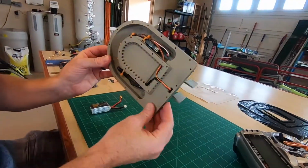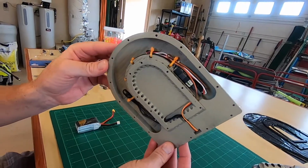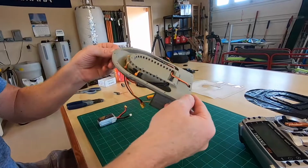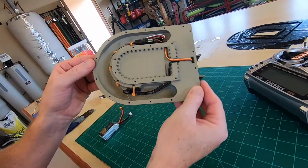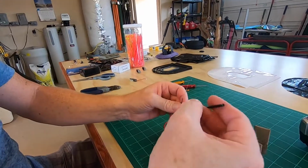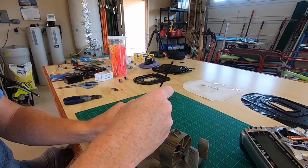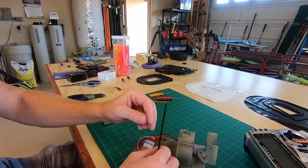So we got zip ties. Yeah. So everything's all nice and pretty, as pretty as it can be, but tidied up. See, it's all put away. I got one of the antennas going that way, and like I said, the other one is going to come up through here. With an antenna tube, gonna get some hot glue and seal these air holes, and it's gonna hold the antenna